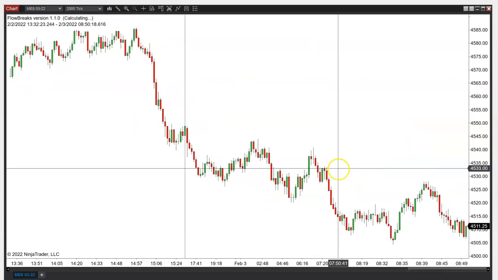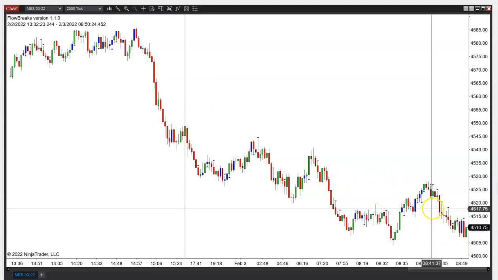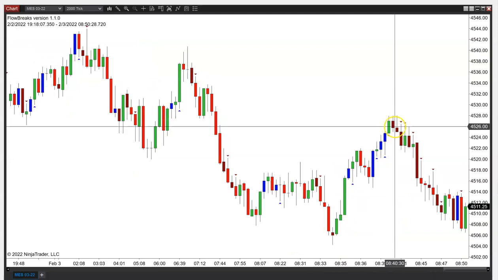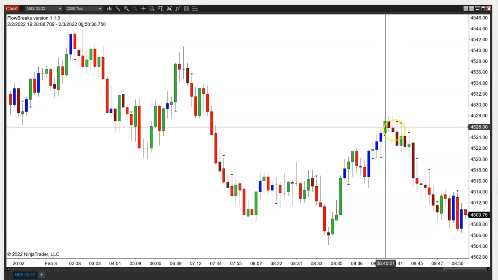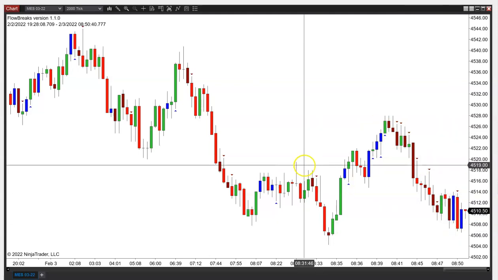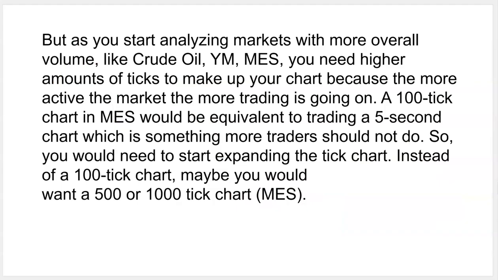Here we go. 2,000 here. So now you're seeing the 2,000 tick chart. Okay, just open it up. Now it's a little bit more consistent. It's about 840, 30 seconds, 841.09, 37.08. So it's actually coming in about a 30-second chart. Okay, it's a nice move here, nice move here. All right, so